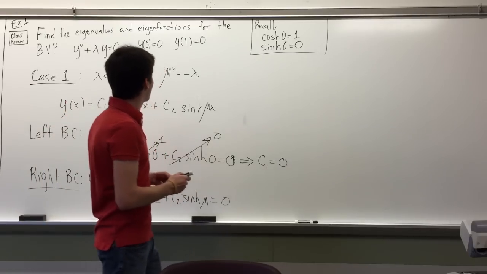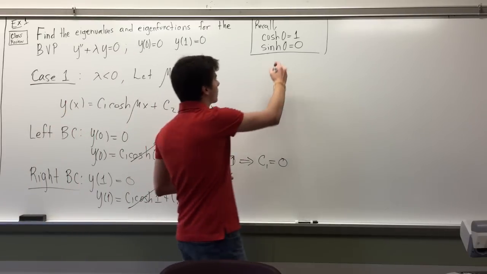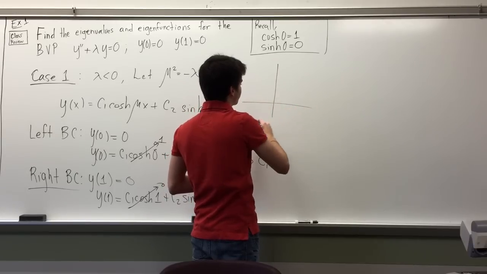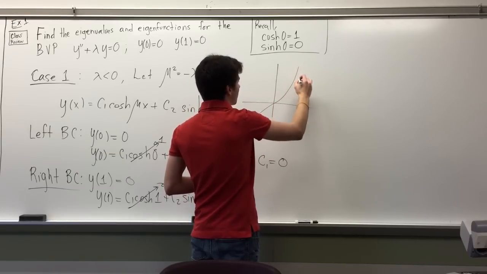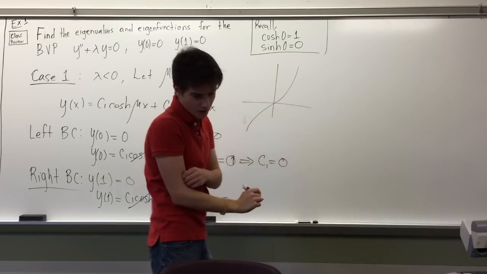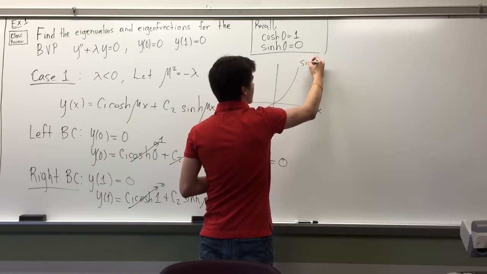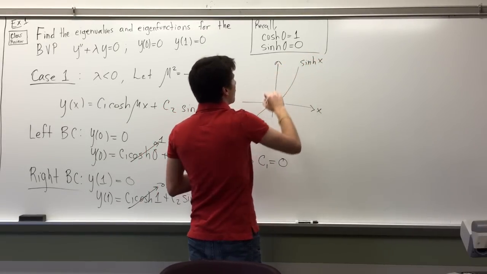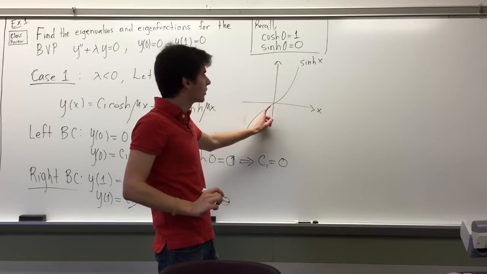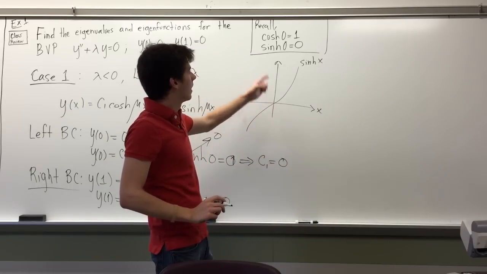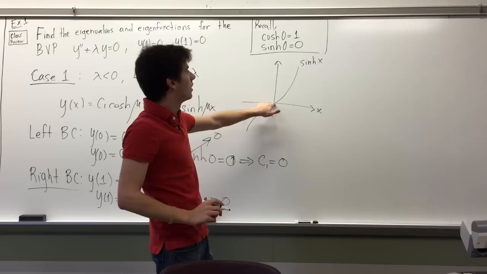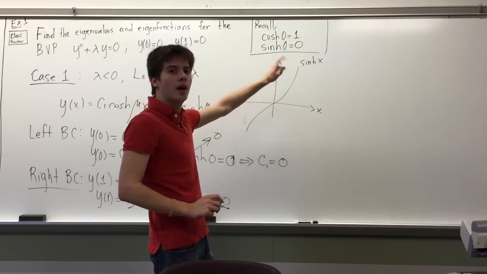First of all, the graph of sinh of x is something like this. We know that sinh of x is equal to 0 at x equals 0,